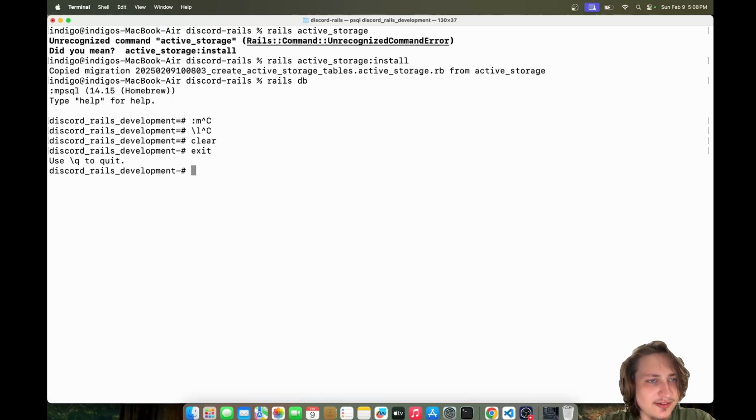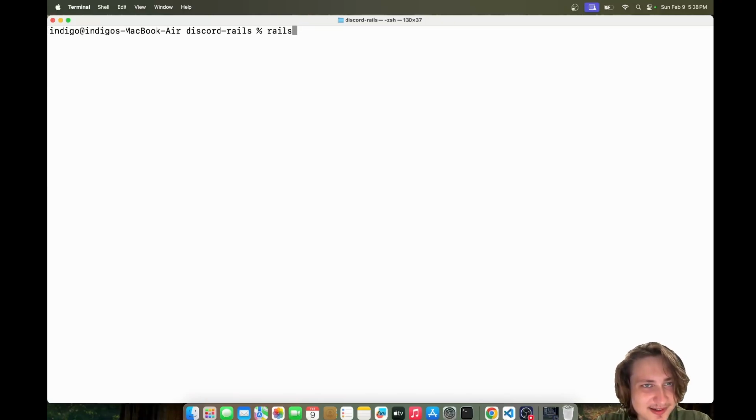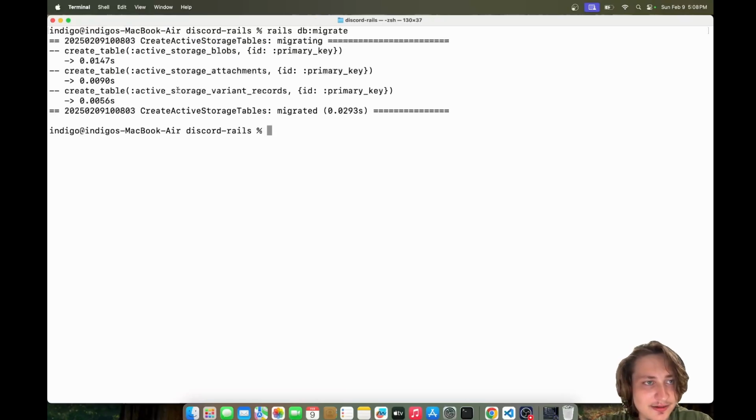So it looks like somehow I got into the Rails console. That was weird. All right, let's do rails db:migrate the database. And just like that, we have this new table. Actually, we have like 3 different tables because we have active storage blobs, active storage attachments, and active storage variant